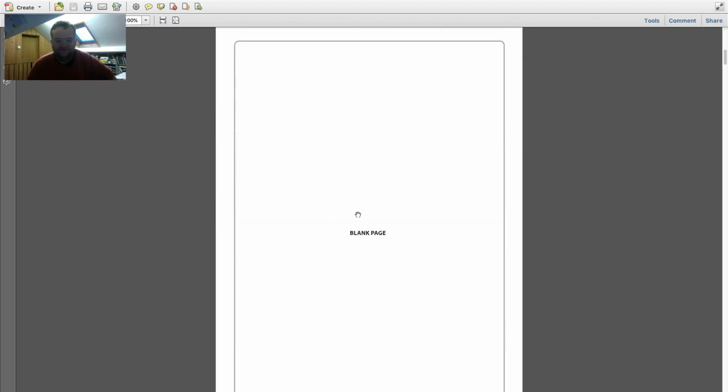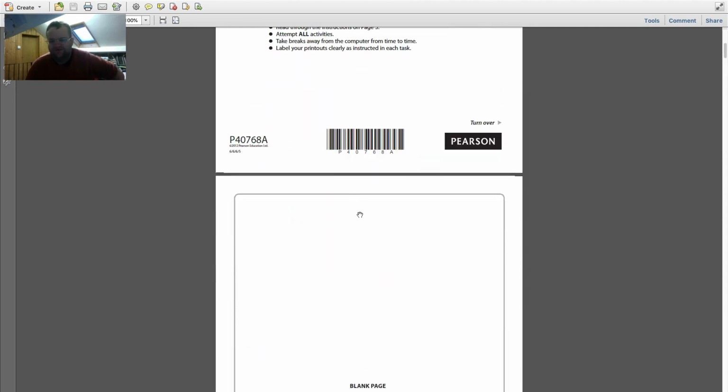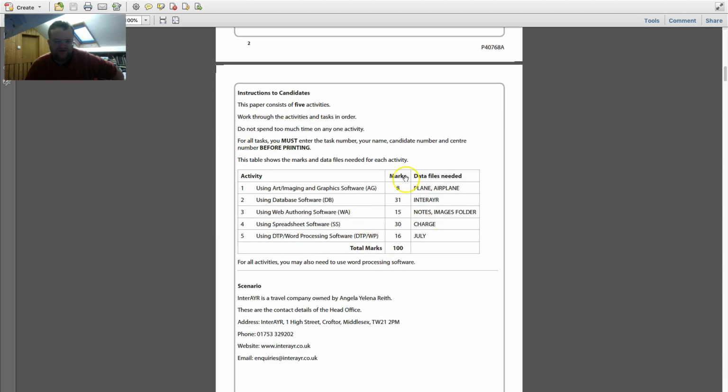Now, as I said previously, all my tutorials before have been using Windows, but of course with databases, Access is not available on a Mac, so we have to use FileMaker Pro. So going down, we've got the instructions for the candidates, we've got the scenario here, important to look at this,